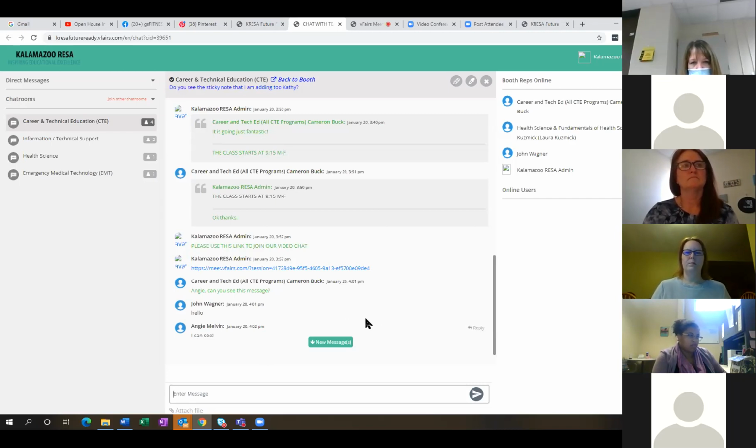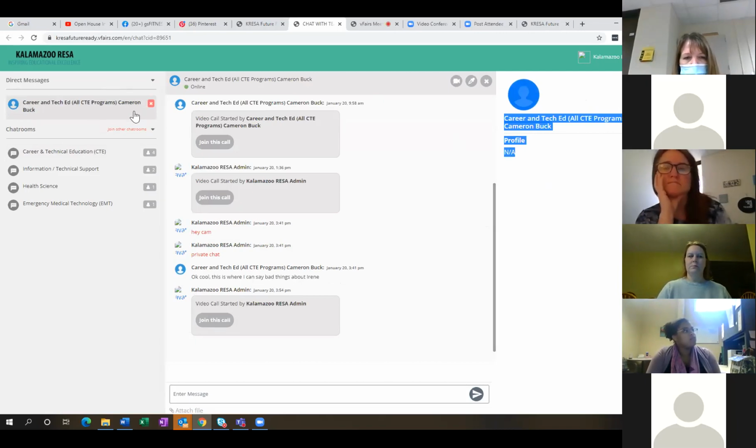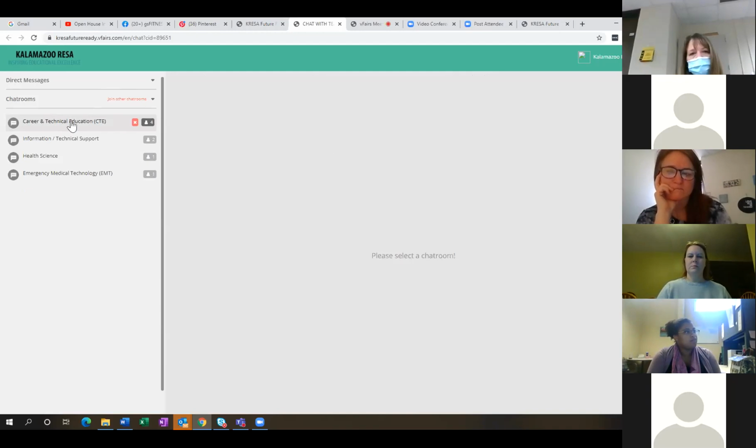I do want to show you another thing, which I really don't have access to do right now, but I'll give you sort of how it works. On the right-hand margin, when the users log in, online users over here, I'll just pretend Cameron is a student. You're going to hover over the student's name and click this chat now button. I believe that when you do that, you'll have access to this profile right here. You don't really have to click the chat now button. I think it says something different, like